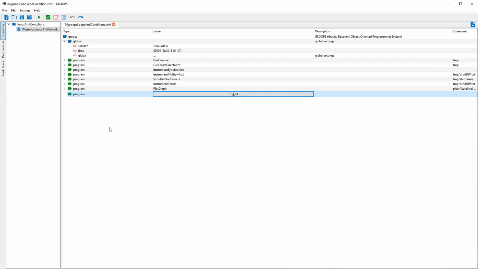This time we want to focus on loops and conditions, and I'm going to show you how you can use them to make your script even more powerful and even more flexible. So we are using our script from the previous video where we visualized differences between kinematic and reduced dynamic orbits